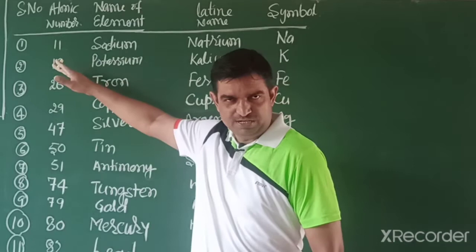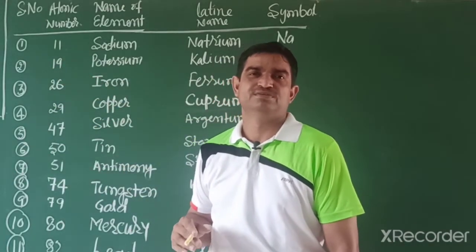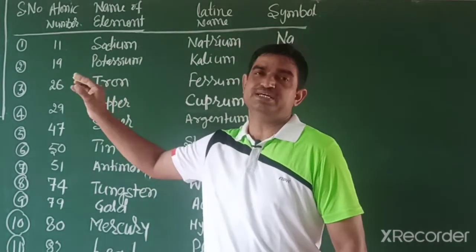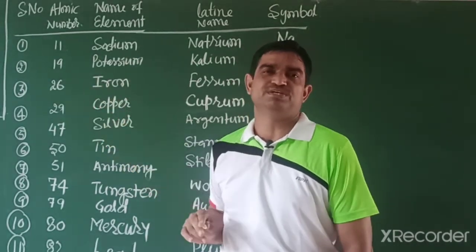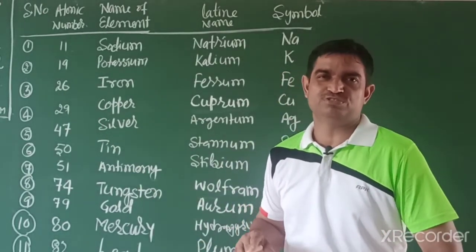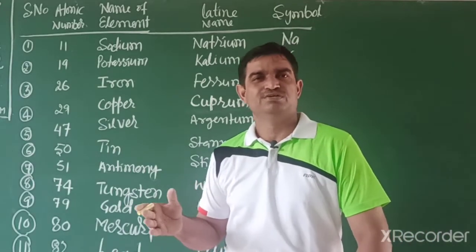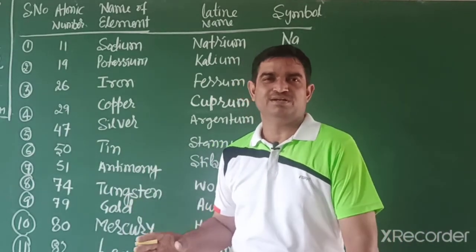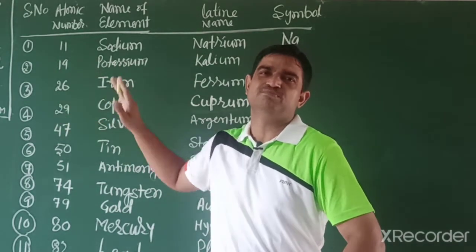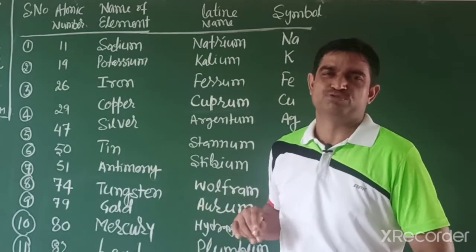Like in your school you have an admission number, students, in a similar way elements have a unique number known as the atomic number, which is represented by the number of protons present in that element. Generally an atom is neutral, so protons and electrons are equal. Sometimes the number of electrons in a neutral atom is also equal, but the atomic number is known by protons.